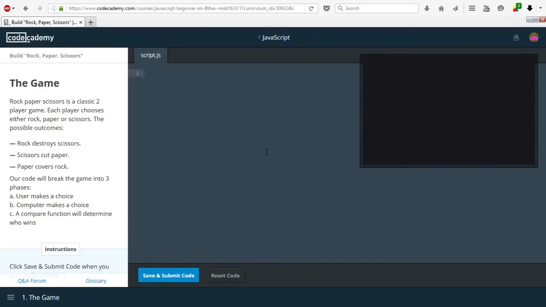Everyone, and welcome back to JavaScript lessons on Codecademy. So as I promised last time, today we will be making a rock, paper, scissors game in JavaScript. So let's get started. As we all know, in rock, paper, scissors, rock destroys scissors, scissors cut paper, and paper covers rock. So to be able to make this into a game, we will have to break it down into